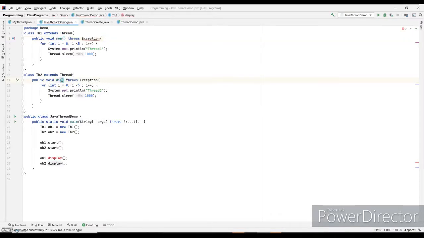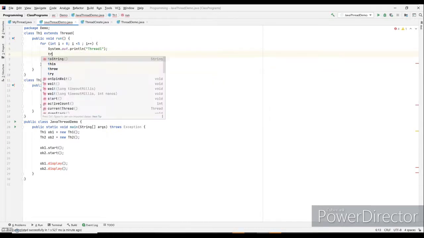Here also I would make it run, and now since this is an inbuilt function, I cannot use this mode of exception handling and would have to use the try catch block.